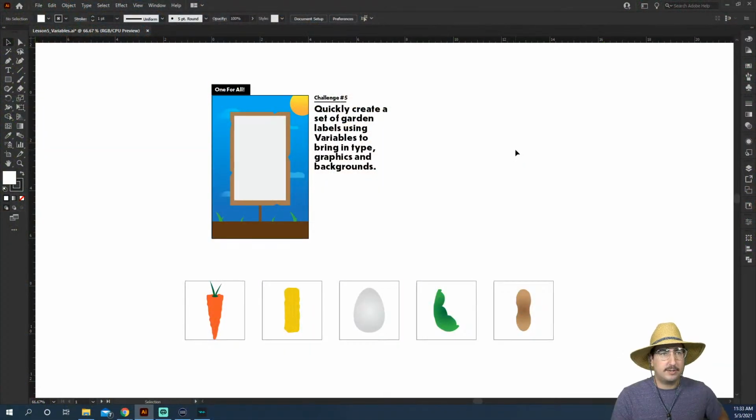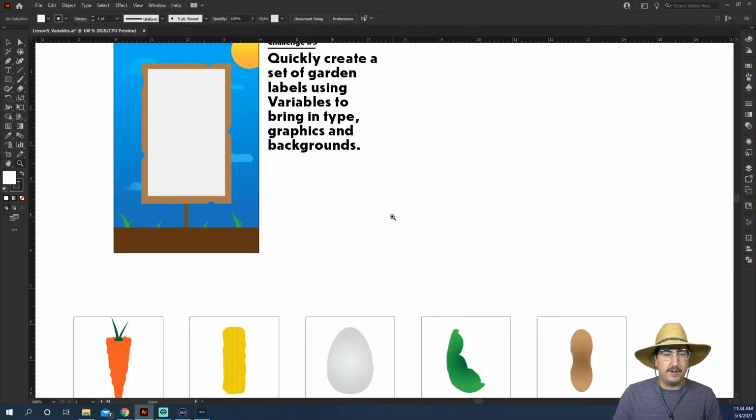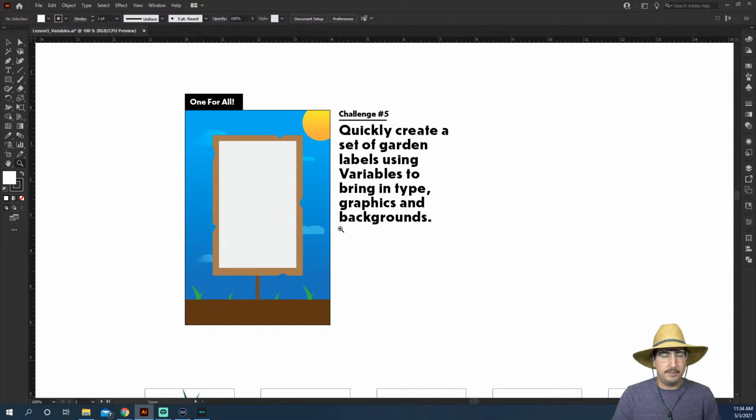And we are going to hop into Adobe Illustrator, and the reason that we're in the garden is, of course, we're doing flowers, but while we're in the garden, we need to make some labels. That's right. We need to make some labels for all of our different crops that we have. So in our source file,